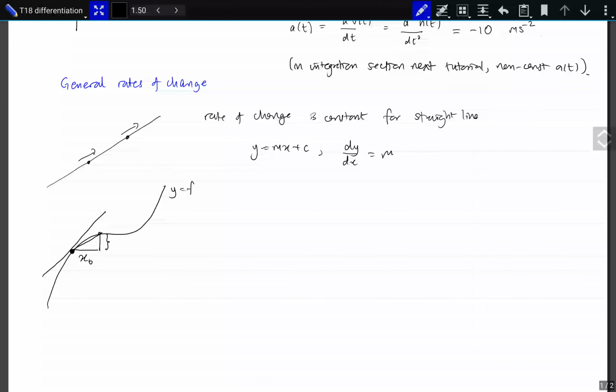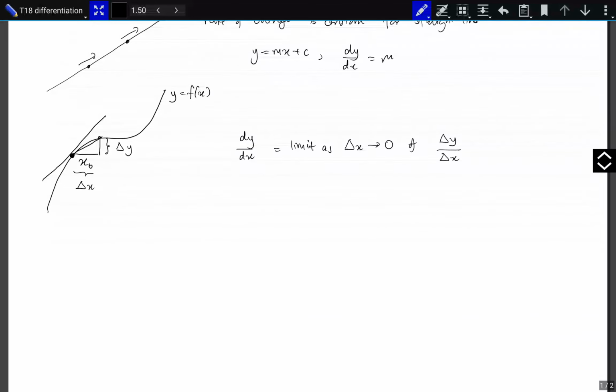So it's approximated by the change in y over the change in x. So dy by dx is the limit as this little change in x tends to 0 of the change in y over the change in x. So from first principles,